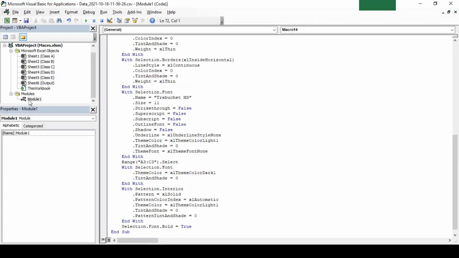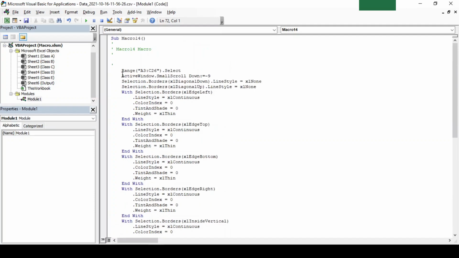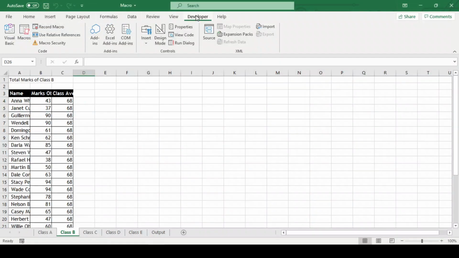Now, whatever steps we did were recorded in this module. We can see that the range selected is A3 to C26. So, this range is not dynamic because we selected it with the mouse. Now let's delete this macro and clear all formats from both the sheets and do it in the right manner.